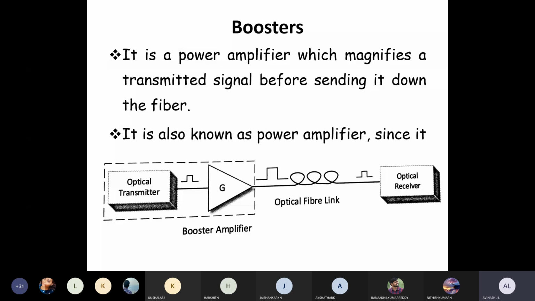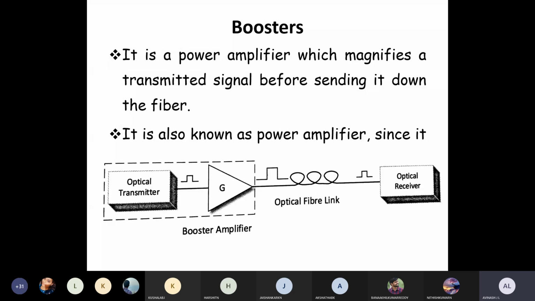So it may undergo scattering, it may undergo attenuation, everything is possible. We cannot ignore that, so we take the necessary action. What is the necessary action we have taken? We have included the amplifier. We know that the fiber will exhibit some amount of attenuation and some amount of scattering, that is inevitable. After that, the X amount of energy will be received at the receiver side.